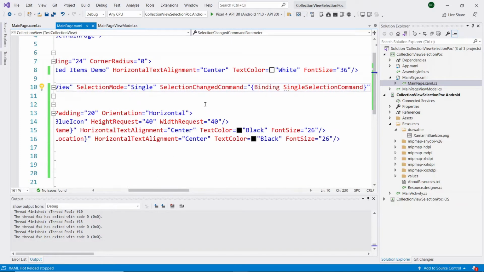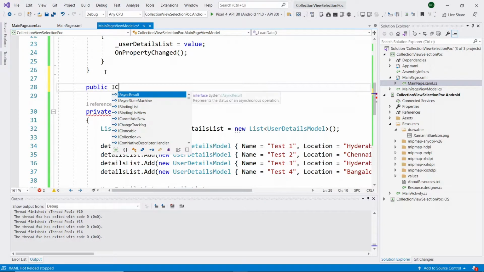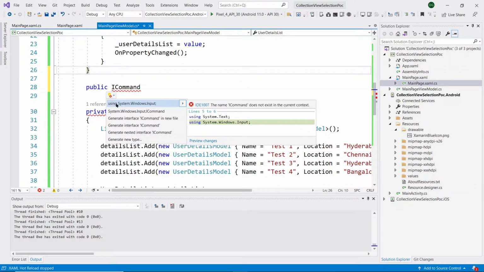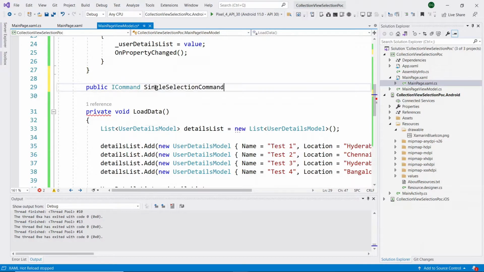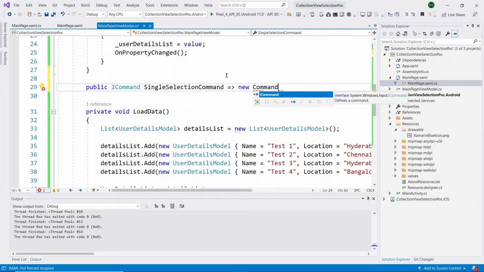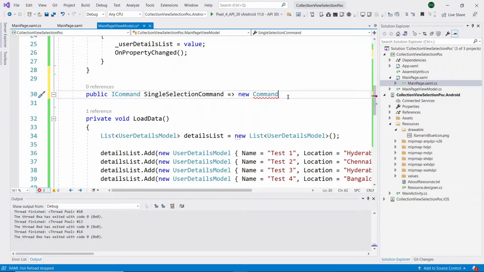Let's implement this command in the view model. Here our data type is object.